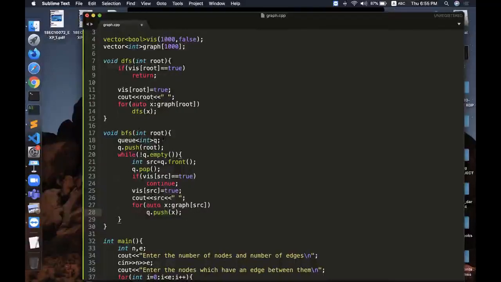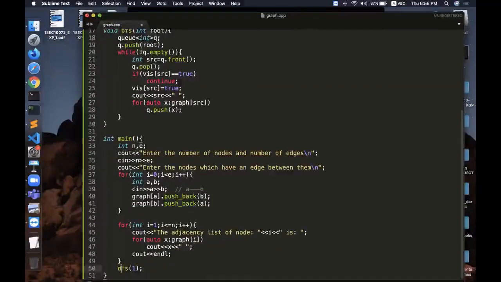I simply wrote continue, because I don't need to traverse through the adjacency list of that node because it is already visited. Or else I marked the SRC node as true, I marked it visited, and then I printed that node, and then I traversed through the adjacency list of that SRC node and pushed all the elements that were present there into my queue.